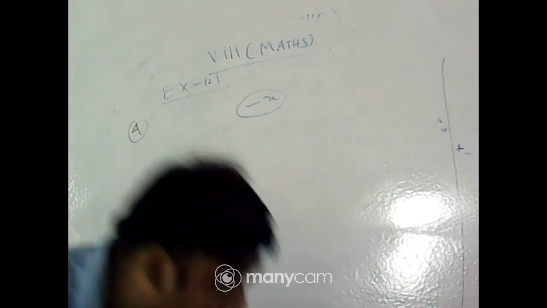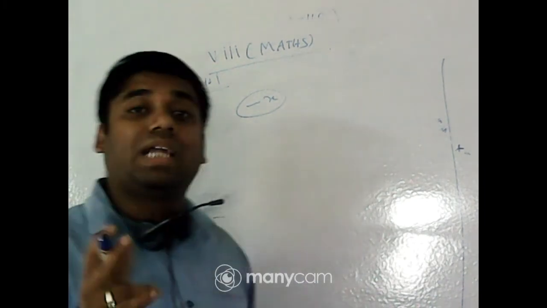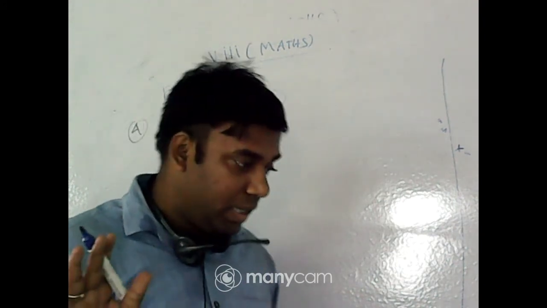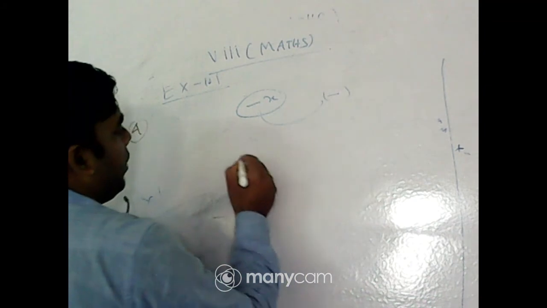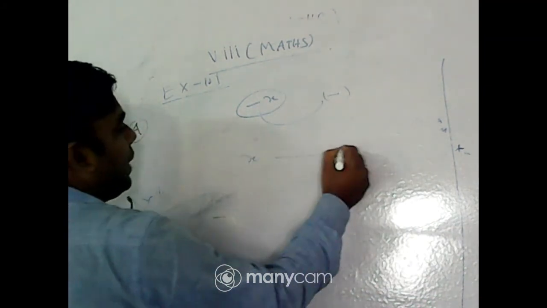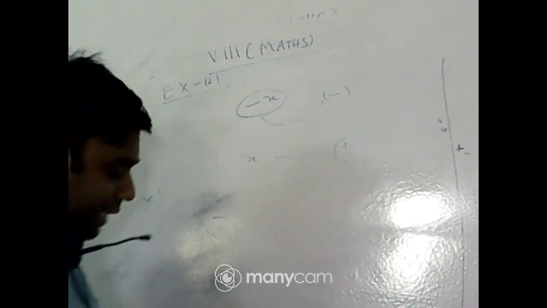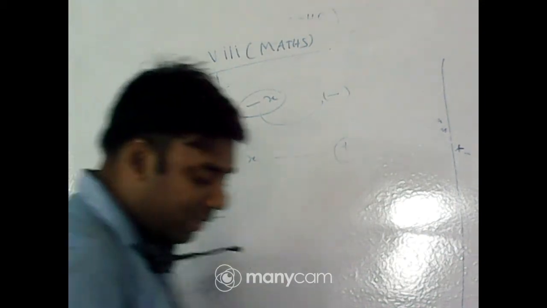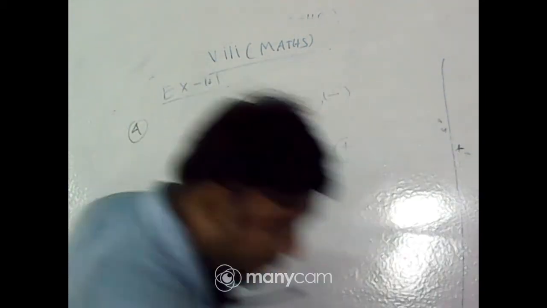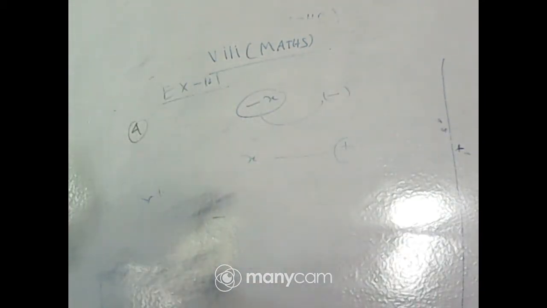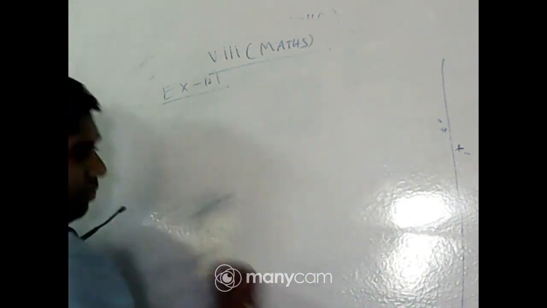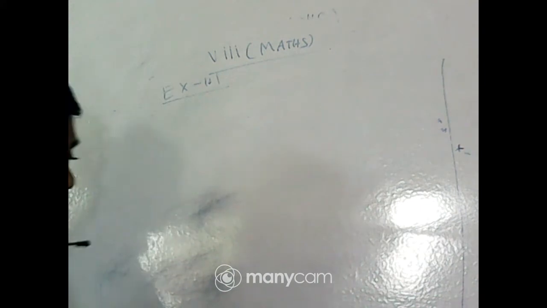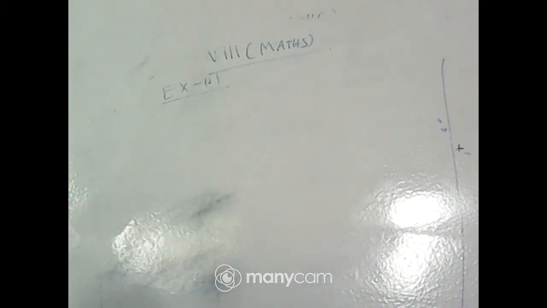It will be minus. I am asking you the sign only, not the number. It will be minus because a negative number's multiplicative inverse will be negative. A positive number's multiplicative inverse will be positive. So the concept is clear. Is the multiplicative inverse concept clear to everyone? Yes or no? Yes, very good. Now moving on to the sums. Today we solve only question number 4.